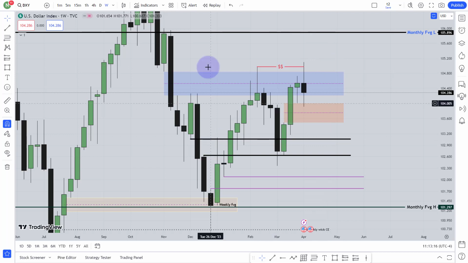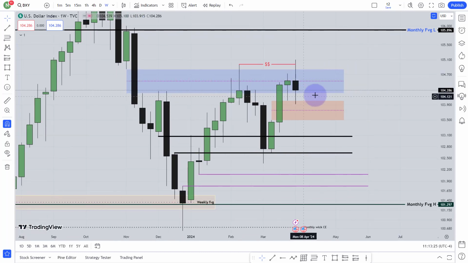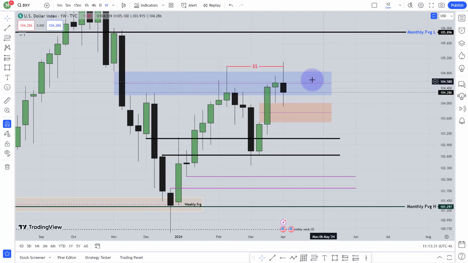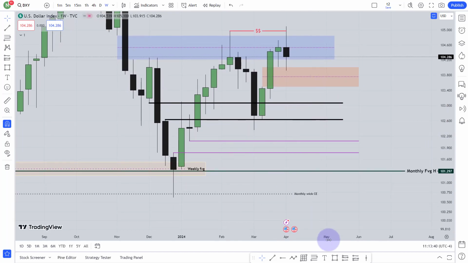For a longer time, dollar index is just consolidating. So it's really difficult to go one way. You have to wait for further price action, then you have to decide where market is actually going. Right now, I'm expecting that market will go below this fair value gap. It will break this bullish fair value gap and it will go a little lower, maybe below this low.